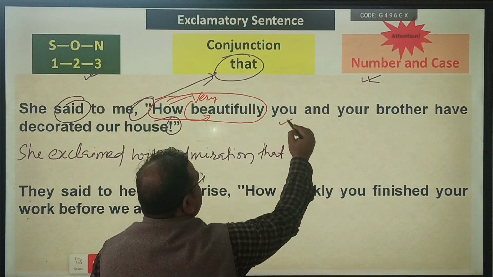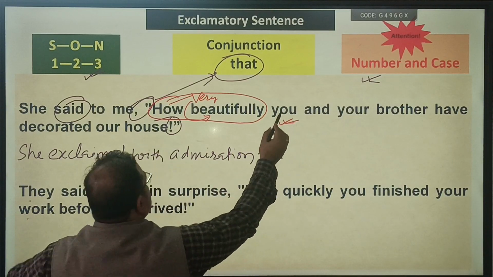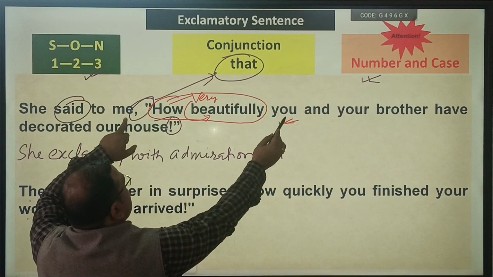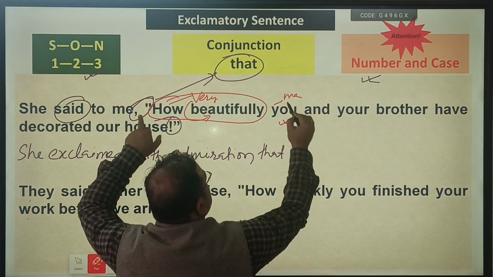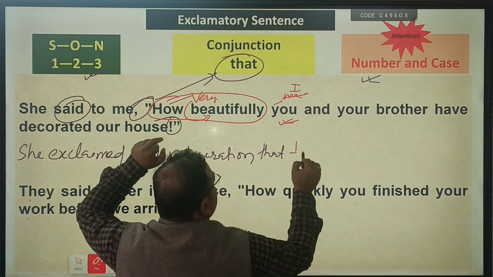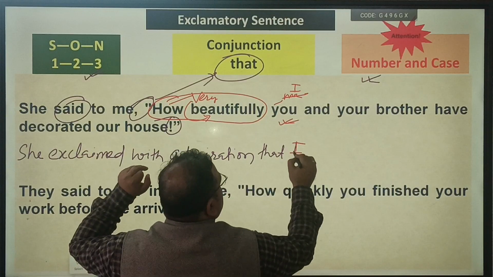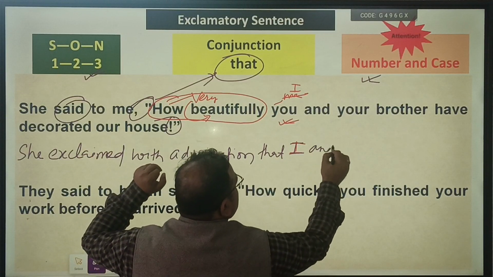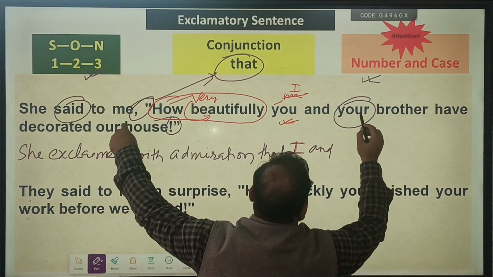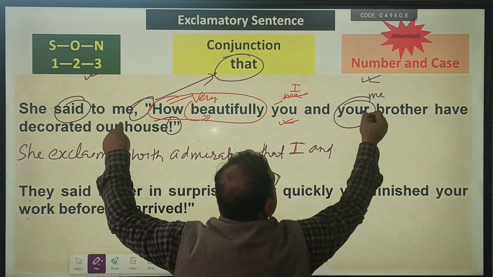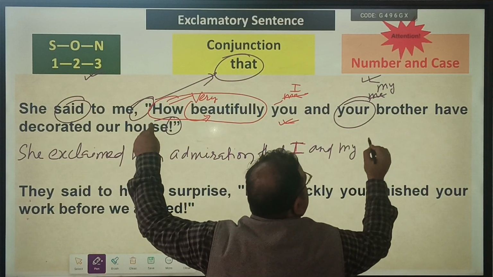Let us start the change from here. She exclaimed with admiration that you is what? Second person. Second person will be changed by object. Object is what? Me. Now this is subjective case. Subjective of me is what? I, and your, second person will be changed by what? Object. Object is what? Me. Singular, singular. Now possessive of me is what? My. And my